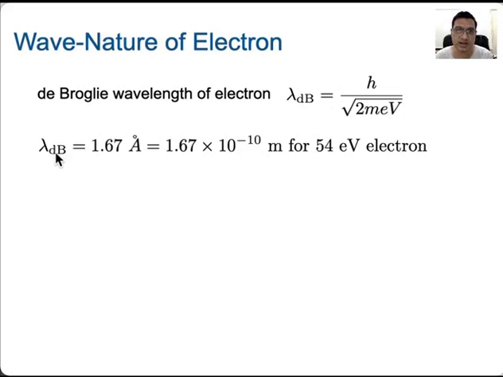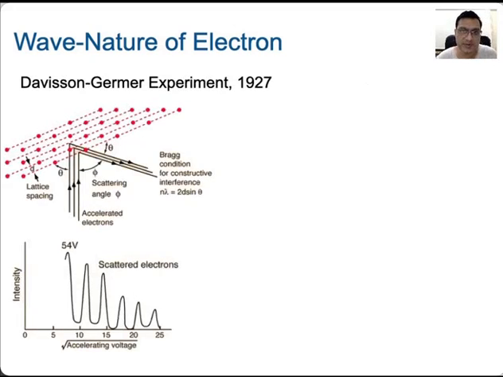Now if you take a de Broglie wavelength of around 1.67 angstrom, which is written in terms of the meter, then you need 54 electron volts to obtain this de Broglie wavelength, which is sufficient to obtain the distance between the two atoms in the nickel crystal. And the distance between the two atoms in the nickel crystal was the same as others had obtained